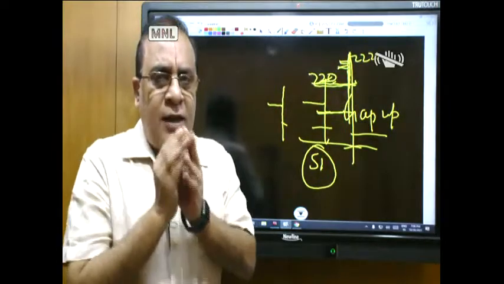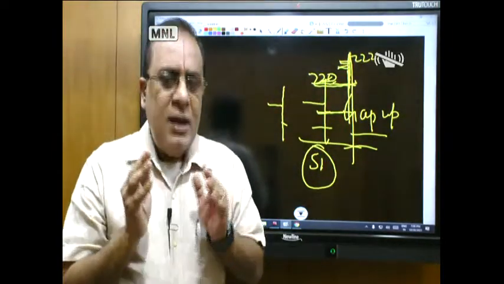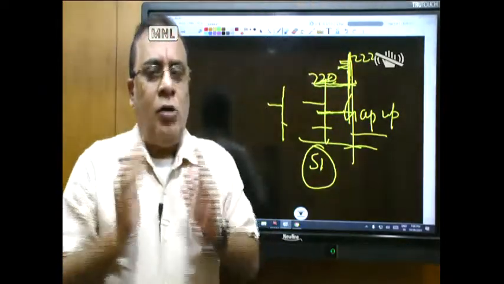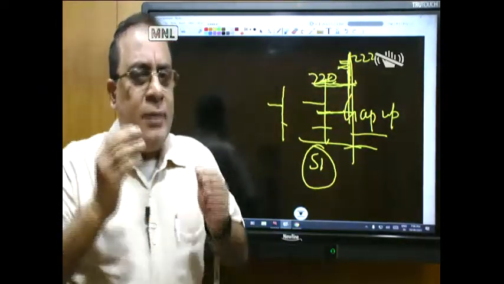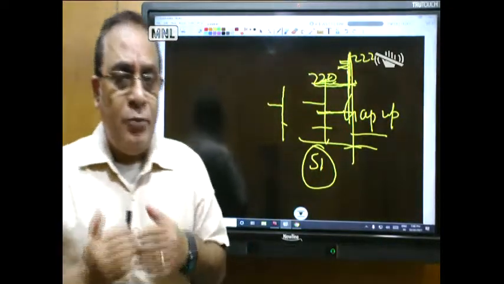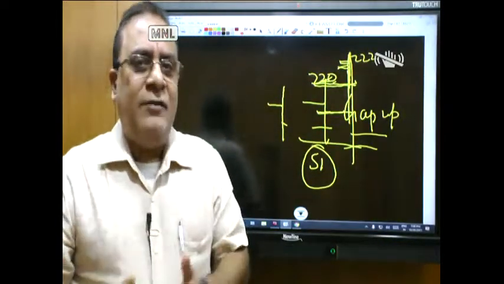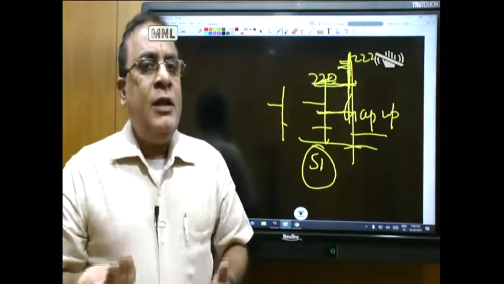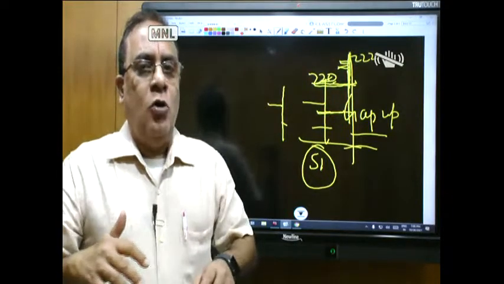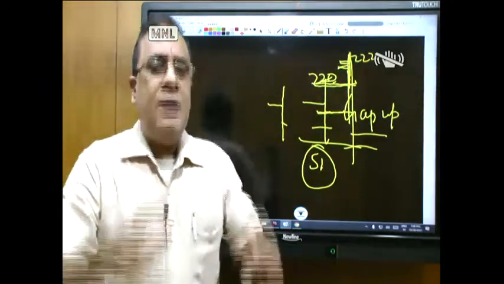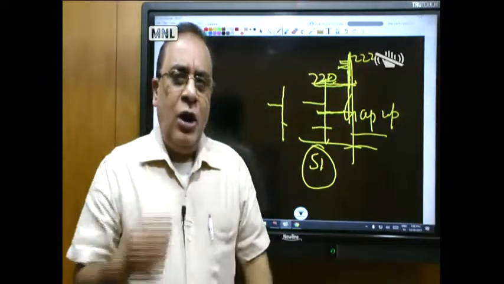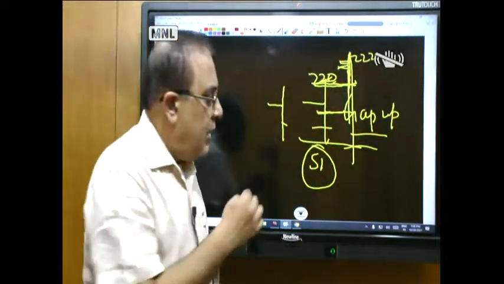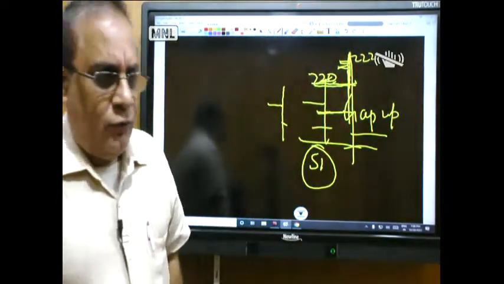So you can see gap up patterns generally will not sustain immediately. It will have a fall. That fall could take place below the previous day high, or even up to the previous day close or the previous day average price. Those are the places where you should look towards a buy, and putting a stop loss below the previous day low should be an intraday trading plan. Now we will look at the chart. We will look at Nifty, Bank Nifty, and some stocks.